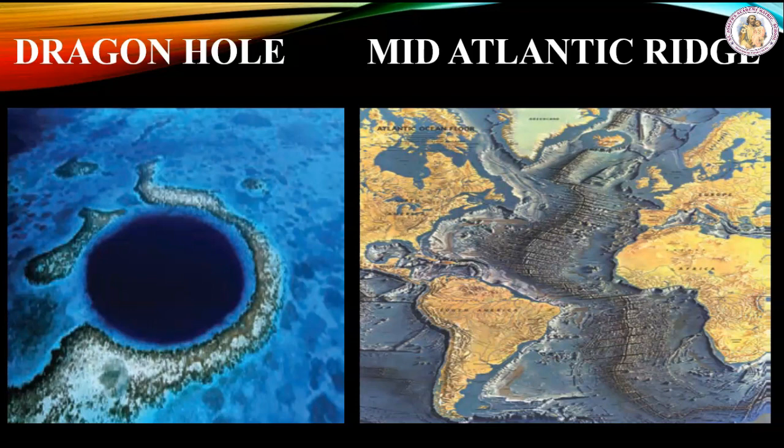Oceanic ridge. Oceanic ridge is a continuous submarine mountain chain. They are made of young basaltic rock formed when two tectonic plates move apart. The mid-ocean ridge is probably the most extensive single feature of the Earth's topography. Two of the most well-known mid-oceanic ridges are the Mid-Atlantic Ridge and the East Pacific Ridge.